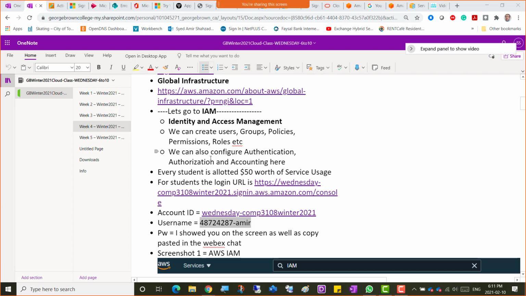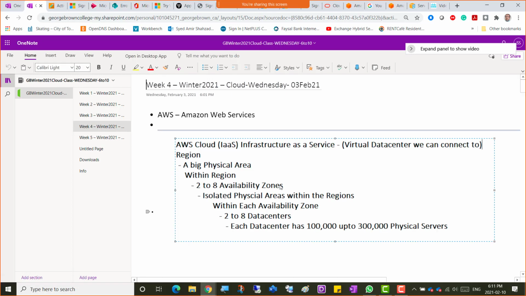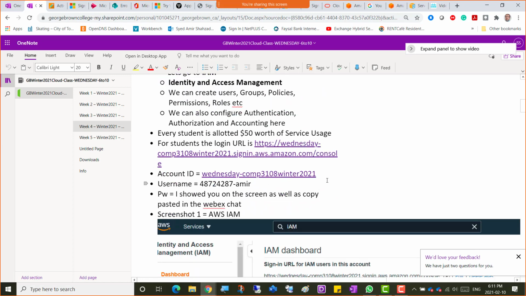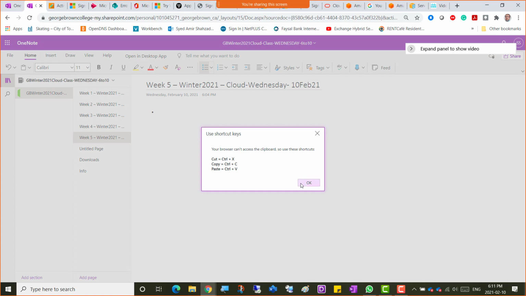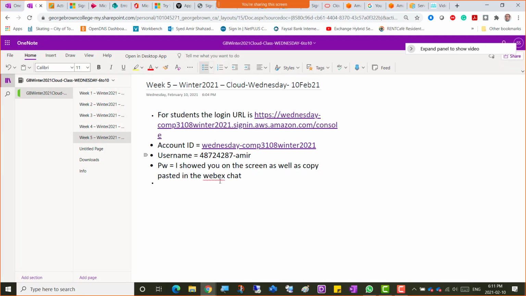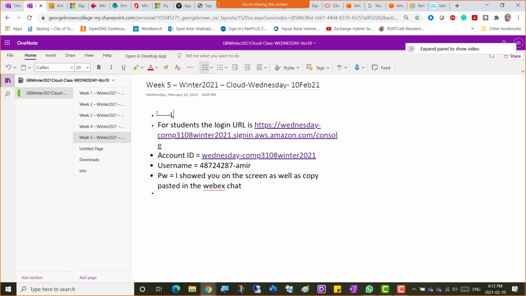Okay guys, so we went for IAM in last class, and hopefully everyone is now logged in. Again, the login procedure is in WebEx as well, and I'll just put that here as well. So I'm going to copy this, and week 5. Oh, really? Okay, so this is just the login for those who are still connecting now. Login to AWS, and after that